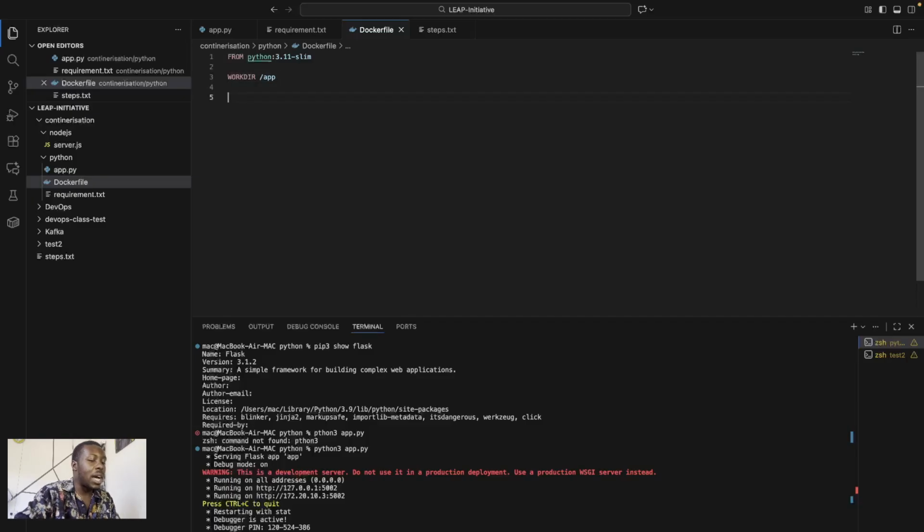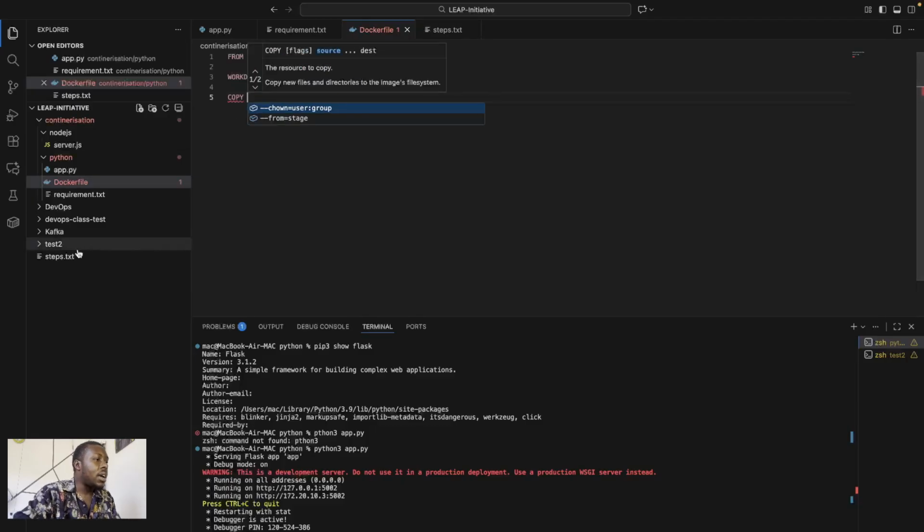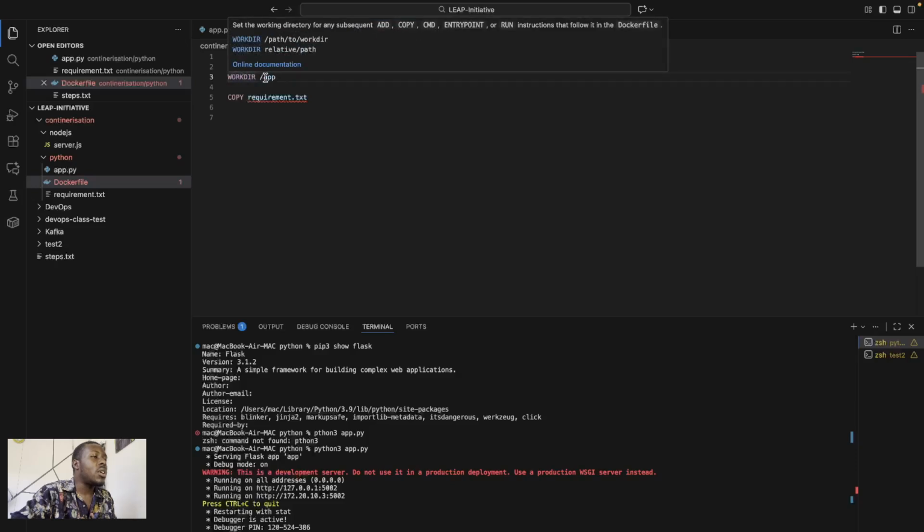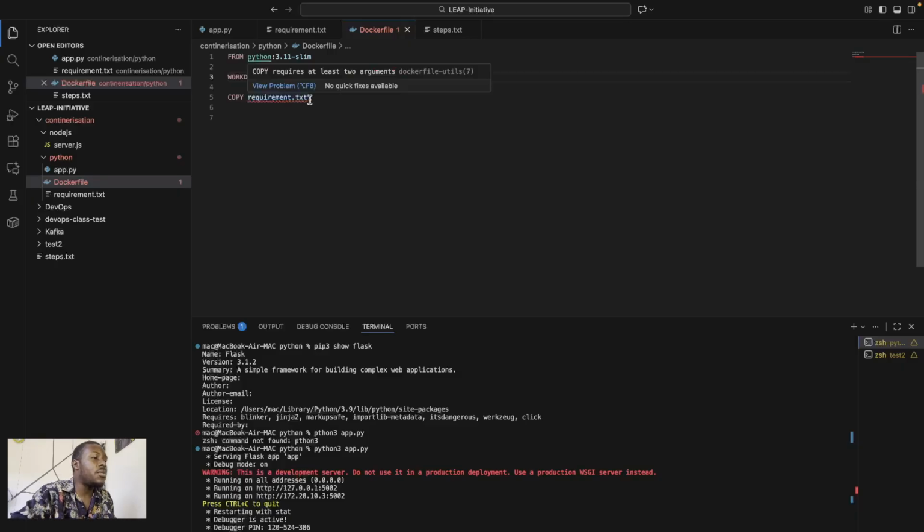So next command, we are going to copy this file requirements.txt. So this means that upon the startup of the container, the container has recognized this app folder as the working folder.